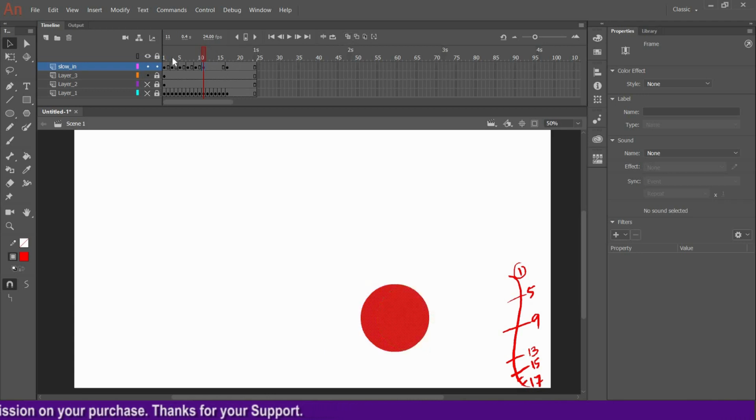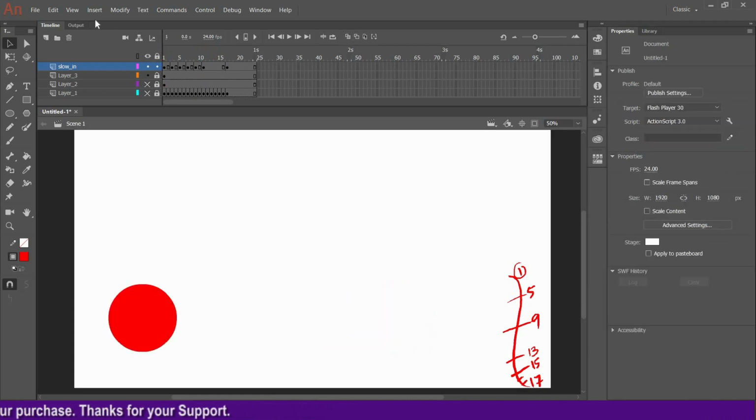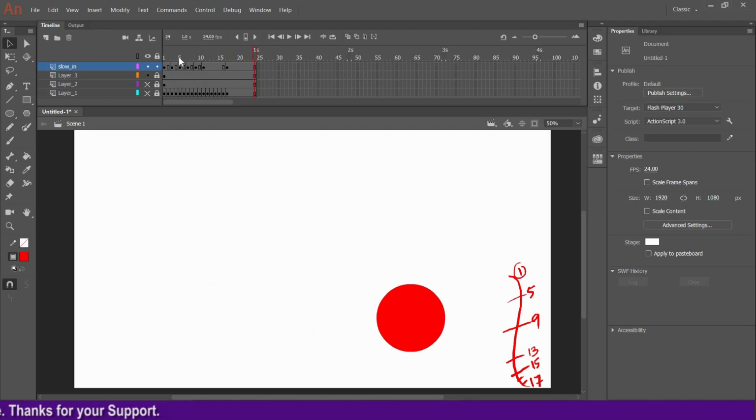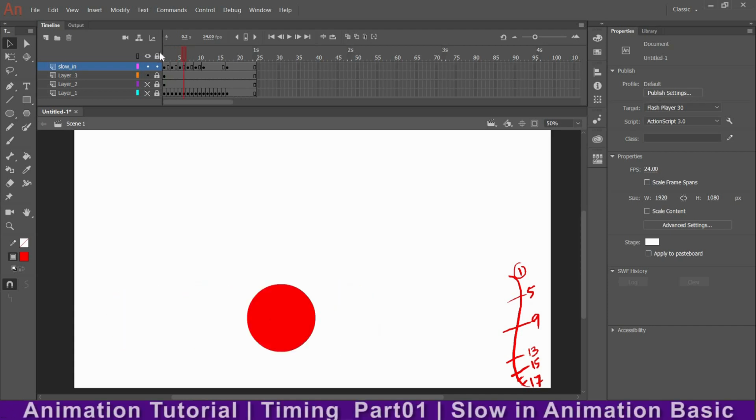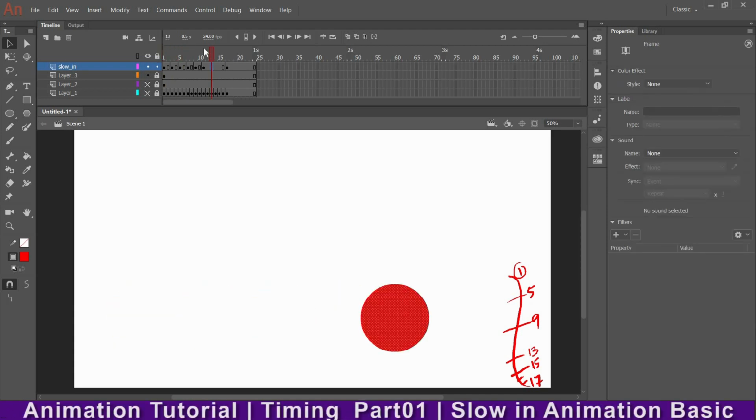Okay, let me see. Okay, so now you can't see the space in between because the keyframes are closer, and I can add more frames in between.